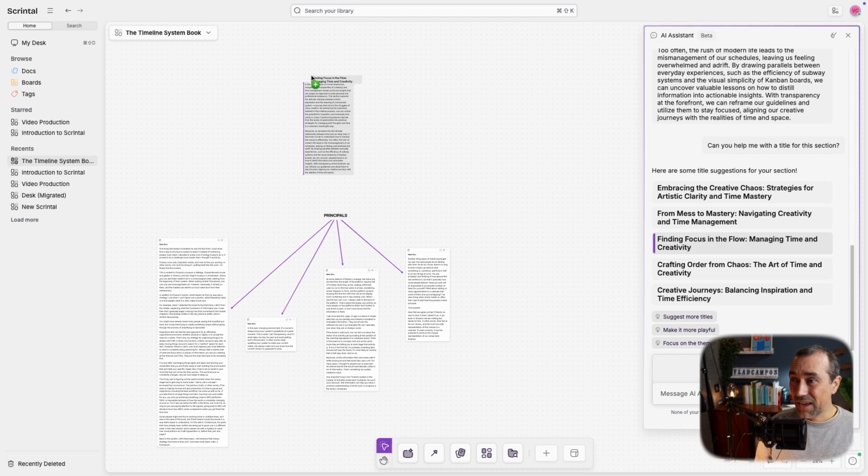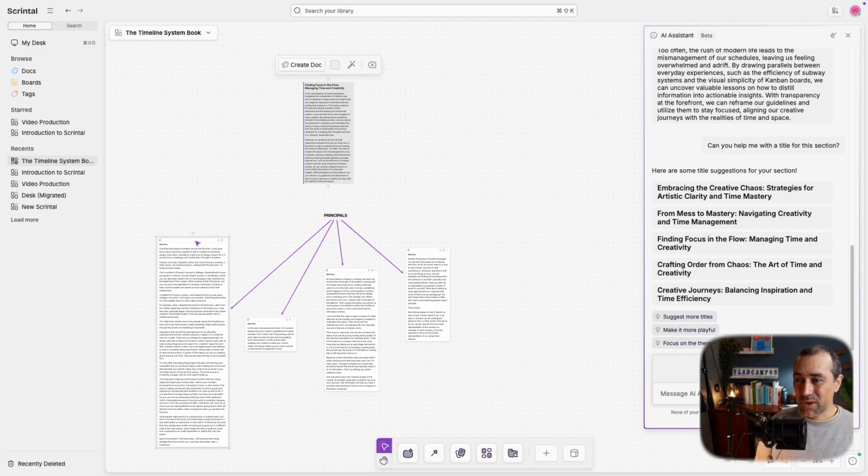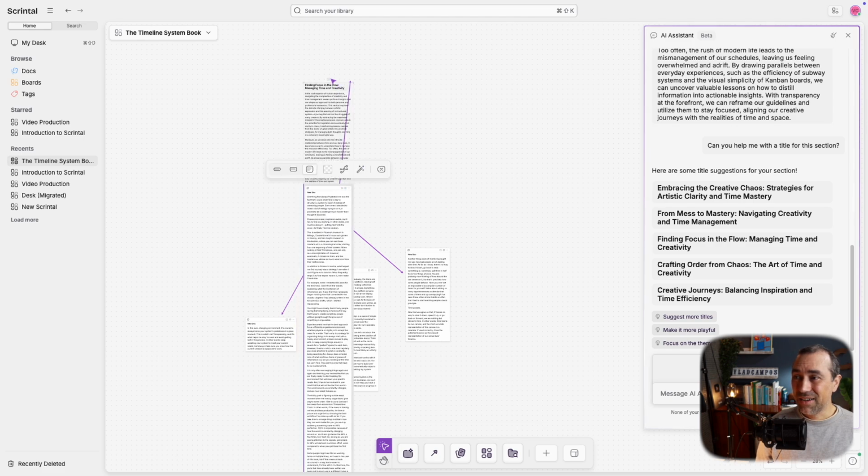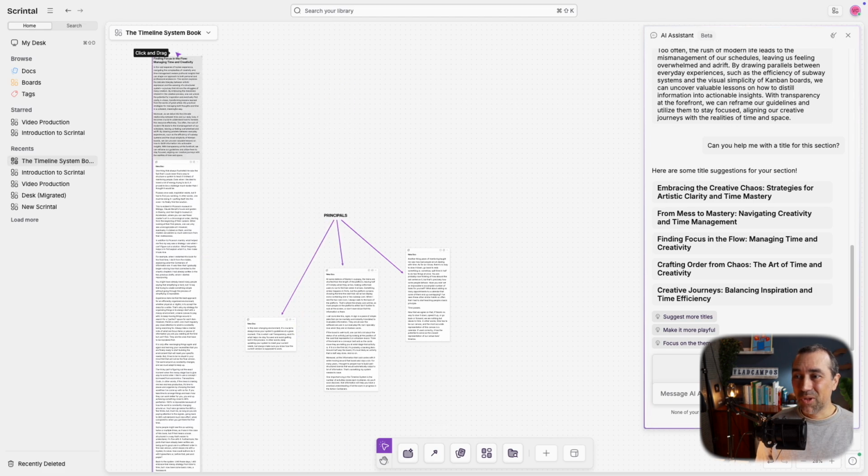I can add it right here and create this title. And of course, just like everything else on Scrintal, I can attach things like this and build these blocks. In other words, organize things, rearrange things using our text and the snippets created by the assistant.